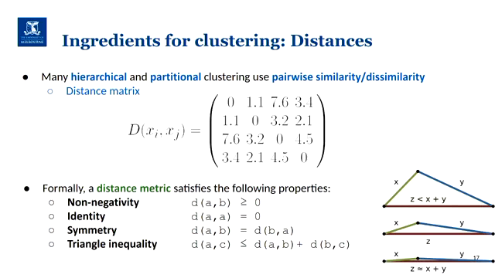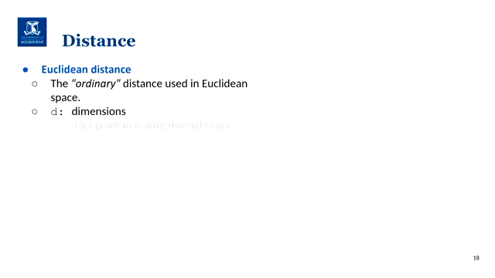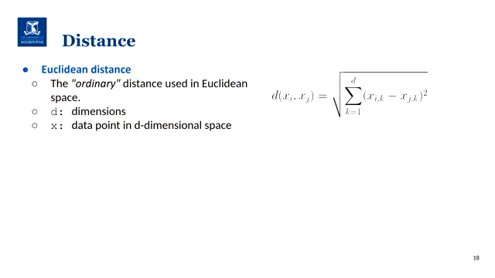And these are the 4 properties that we need to have a metric. So you can pick and choose your metric, as long as it has these 4 properties. And we talked about Euclidean distance, which is the ordinary distance used in Euclidean space, which is defined not only for 2 or 3 dimensions, but for d dimensions, right? So if we represent our data as a d-dimensional vector space, we can always calculate Euclidean distance. It could be 100 dimensions, 1,000,000 dimensions, okay? We basically do the square root of the sum of